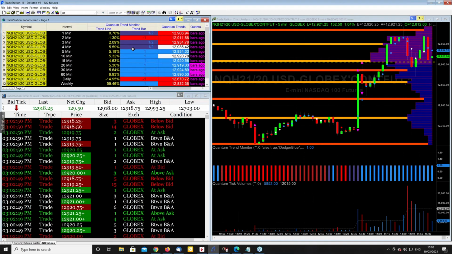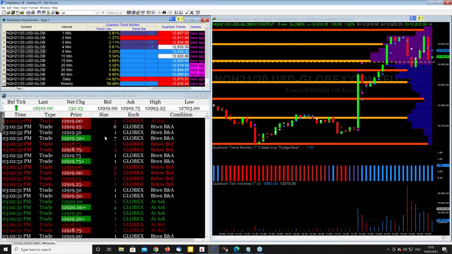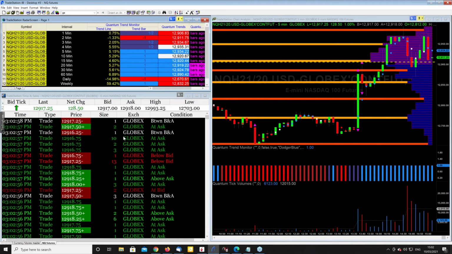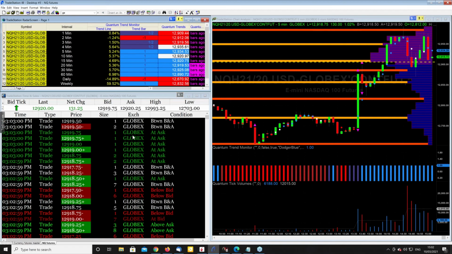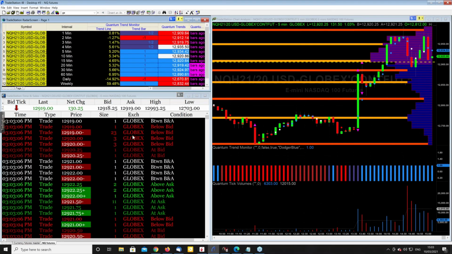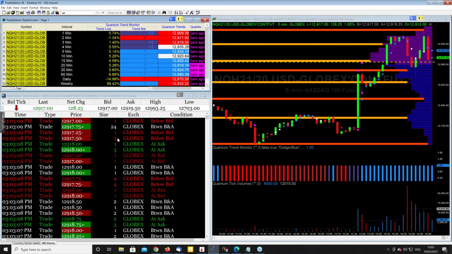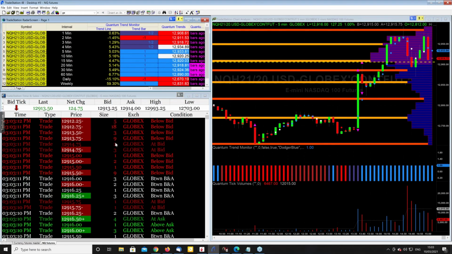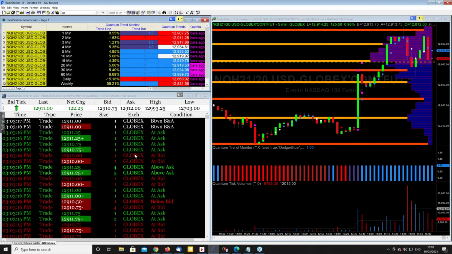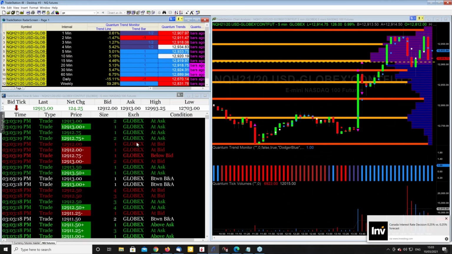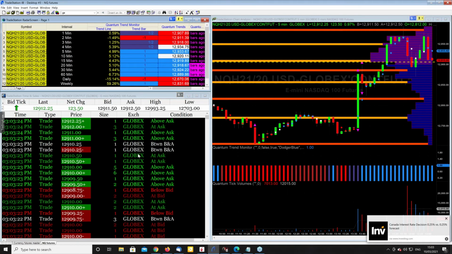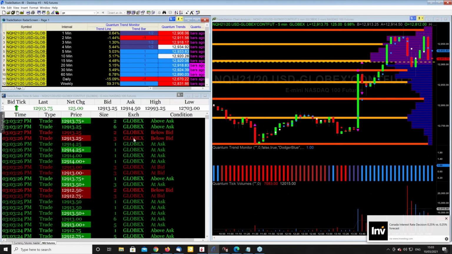Down the bottom here, this is the order flow. This is time and sales, basically. So this is live orders that are going through the market. These are transacted orders. These are not spoofed. This is not a ladder. This is actual executed orders flowing through. What I'm looking for is basically big numbers, not interested in the 1s and 2s and 10s and what have you. What I'm looking for, 30, 40, 50, and 100 and upwards, and how the market then reacts to those sorts of levels. The color representations highlight whether it's below the bid, at the bid, above the ask, between the bid and the ask, and you can pick it up very quickly.